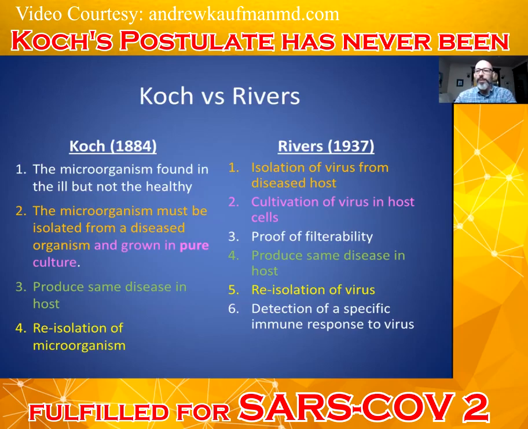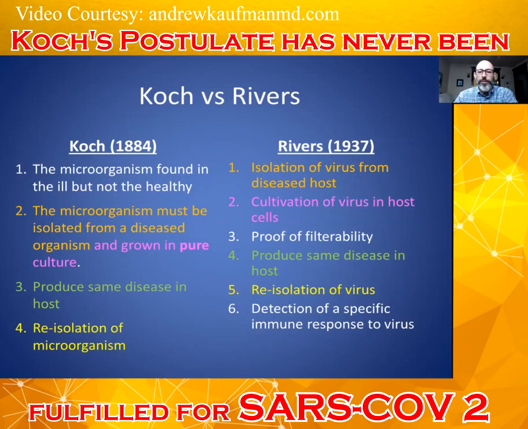So the one that Rivers did not require was that the microorganism is found in ill but not healthy people. So that seemingly was too difficult to prove for Rivers, but I feel that this is a major shortcoming. Because if you can't find a virus in a sick person with the disease that you're looking at, then how can you really say that it causes that virus? However, I'm going to give it a pass because they're using the Rivers criteria, so I will apply the Rivers